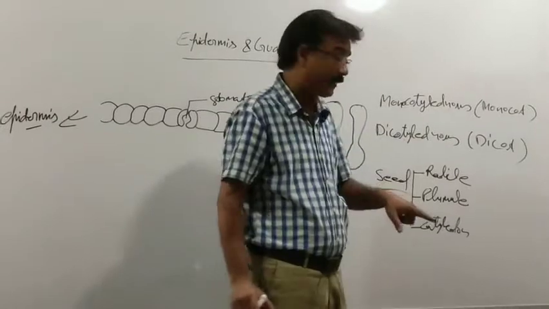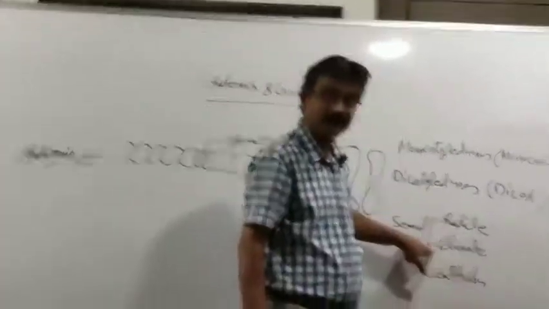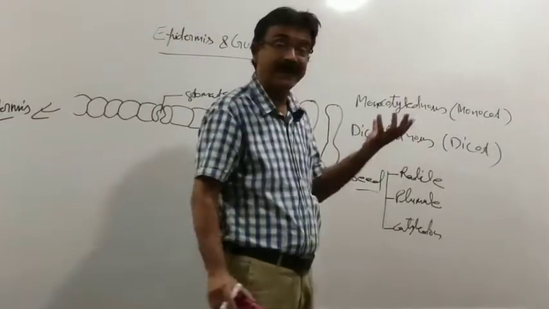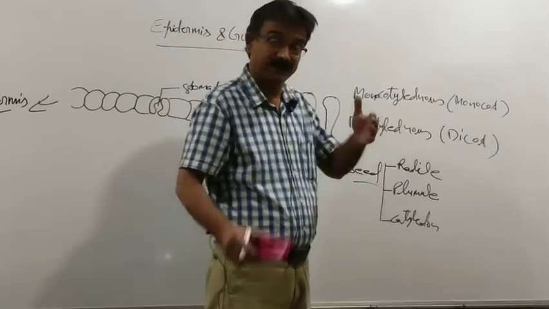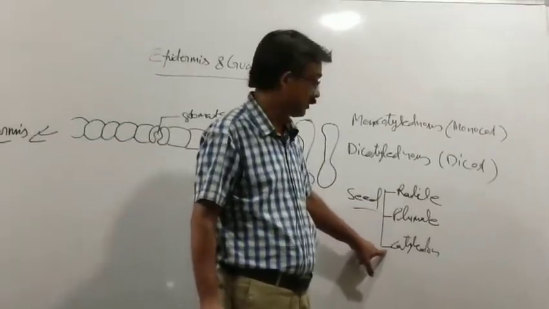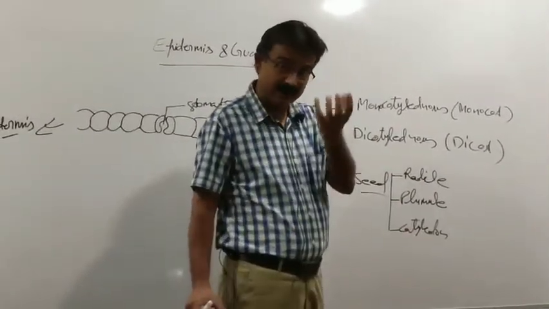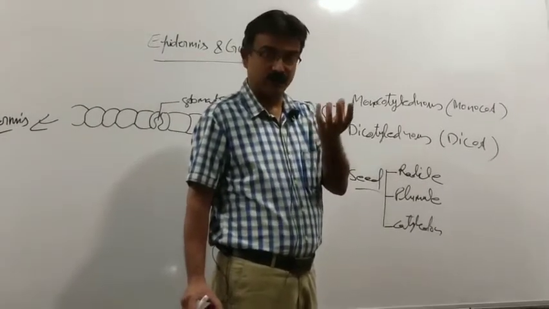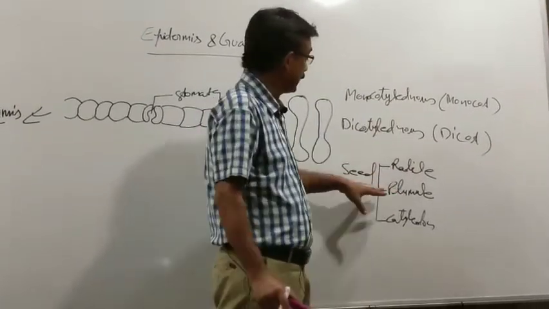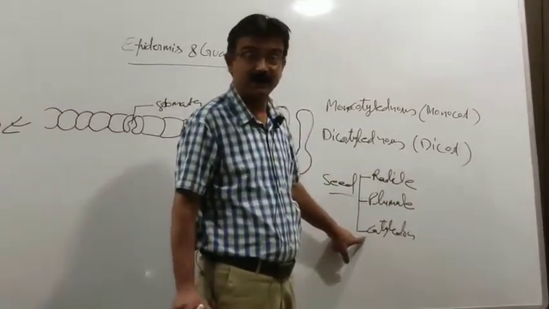Further, roots develop from the radicle part of the seed, the shoot part, the aerial part, develops from the plumule, and the supportive structure that provides them energy, that provides them food material for their further development, is what is referred to as cotyledon. When you study in your book, it is also referred to as seed leaf. Seed leaf or cotyledon contains abundant stored food. So when the radicle or plumule further develops, they require energy, and this energy is fulfilled by the cotyledon that is a part of that seed.